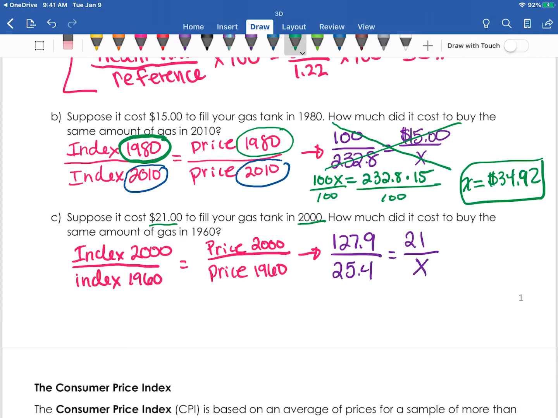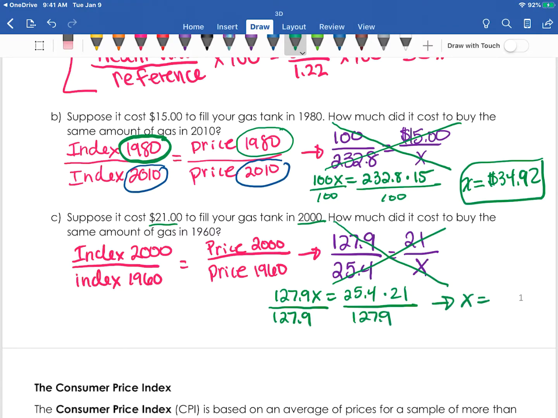And then I'm going to use my cross multiplication. So I'm going to do 127.9 times X, and that's going to be equal to 25.4 times 21. Then I have to divide both sides by 127.9 to solve for x. So to get x, these go away. To figure out what x is, I'm going to take 25.4 times 21, and then I'm going to divide by 127.9. When I do that, I'm going to get